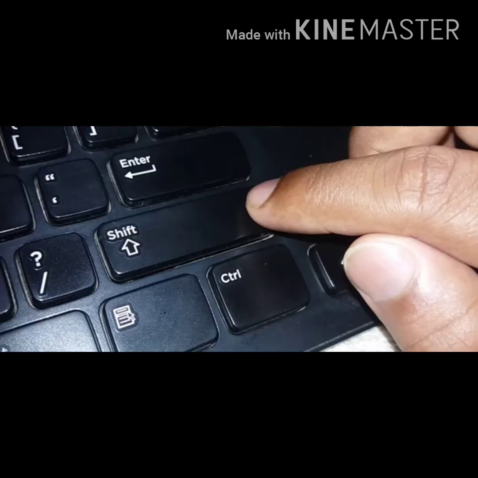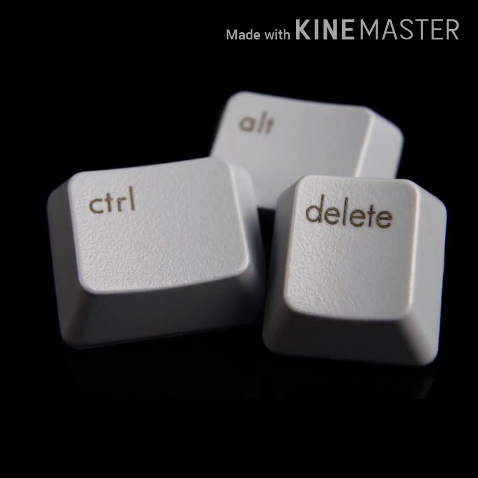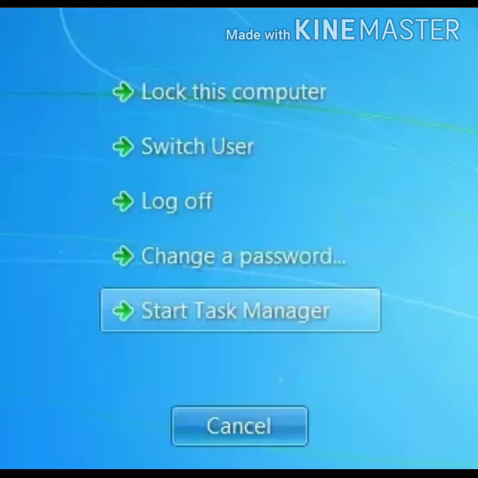Shift key. This key is used in combination with other keys. Whenever we press the shift key with a letter, we can type the letter in capital without using the caps lock key. Secondly, with this key, we can type symbols printed on the top of the number keys. Control, Alt and Delete key. Control, Alt, Delete is the combination of keys pressed at the same time to open Task Manager. This takes you to the menu where you will find several different options.